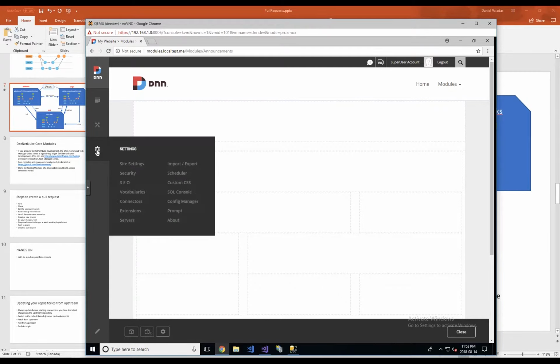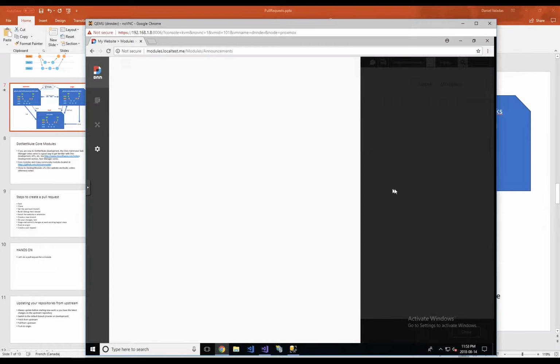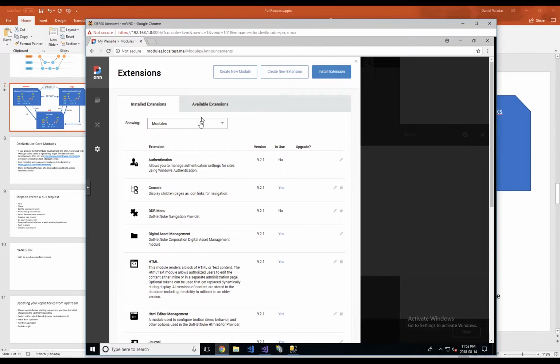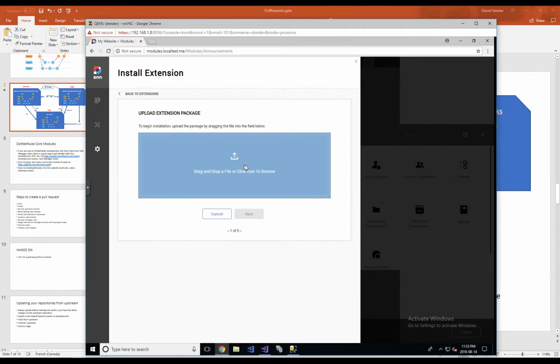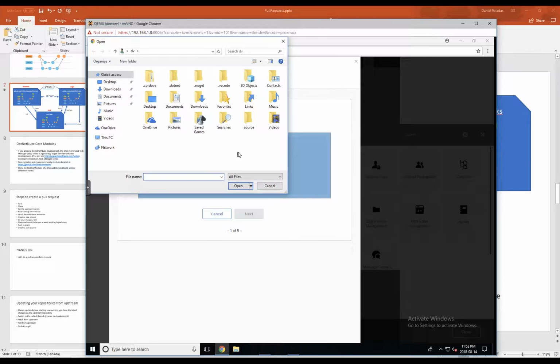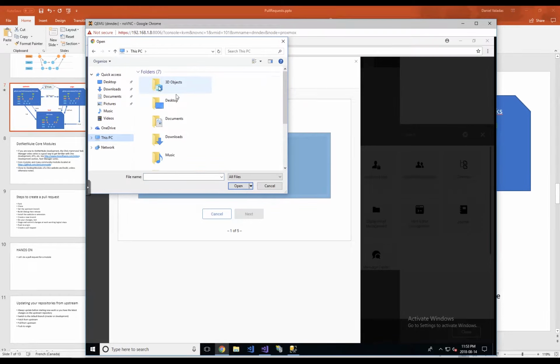So we're gonna go into extensions. We're gonna install an extension, and you can drag and drop it or select it. I'm gonna select it. Usually I drag and drop, but that's more like on my real computer because I have multiple screens. So the generated install package will be in my